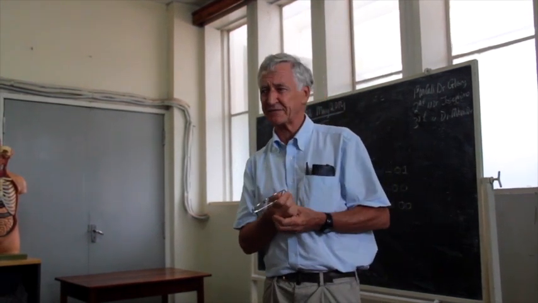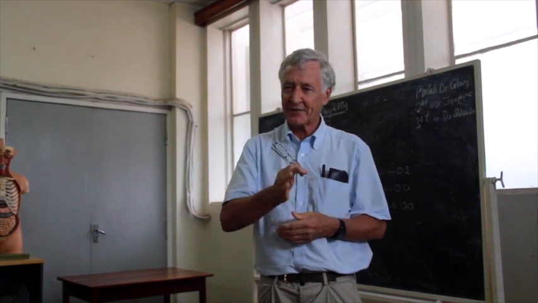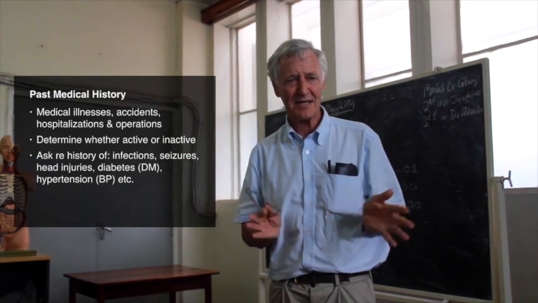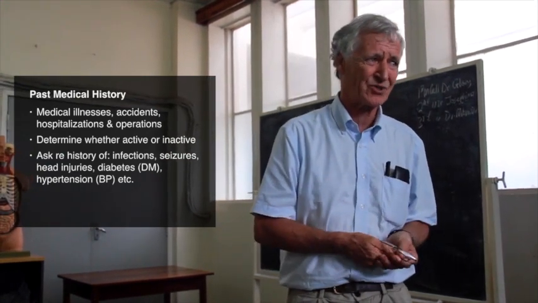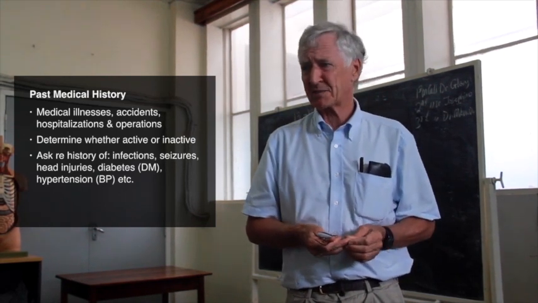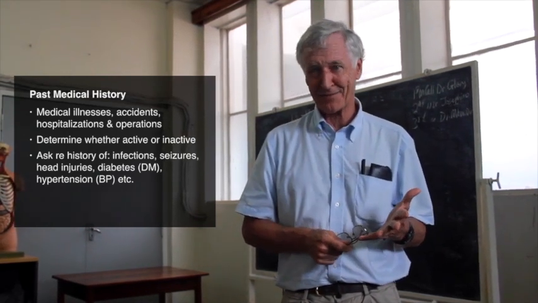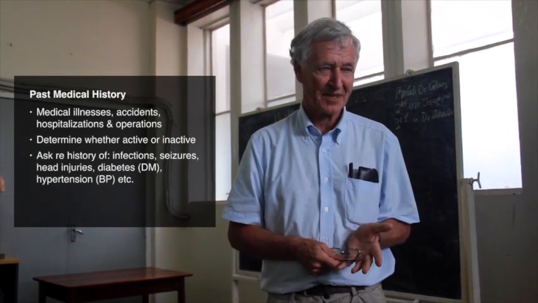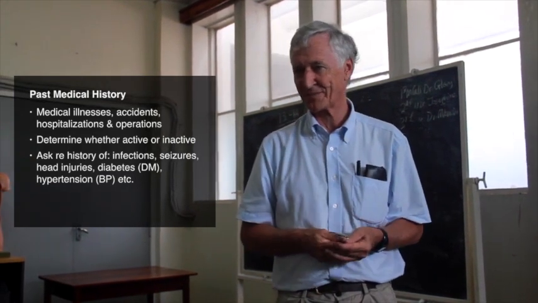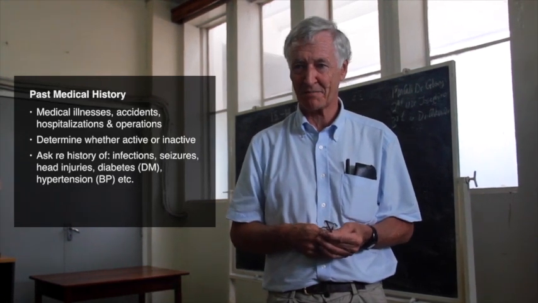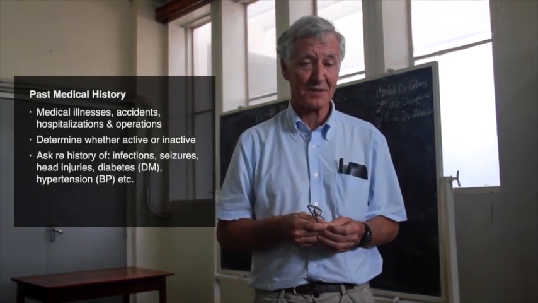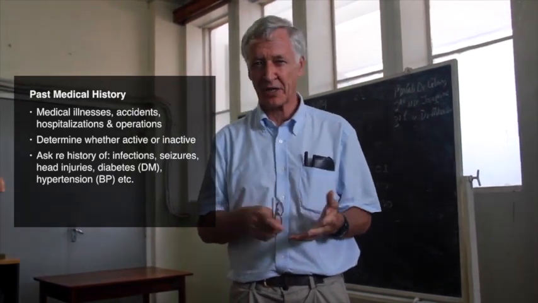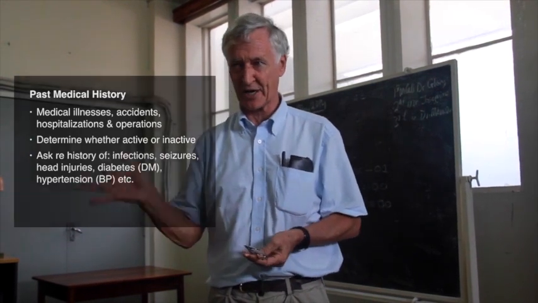Moving on to the next part of the history taking is past medical history. And then we have the same paradigm: past medical history, family history, social history, drug history, allergies. Now, is there something particular in the nervous system about past medical history? Of course there is, specific for neurology. For example, with epilepsy, there may be a risk factor there, like a head injury or an infection in childhood. The stroke with hypertension or diabetes or some other illness in the past. So again, we tabulate the main, what we call issues in past medical history: illnesses, operations, hospitalizations, and their chronology,